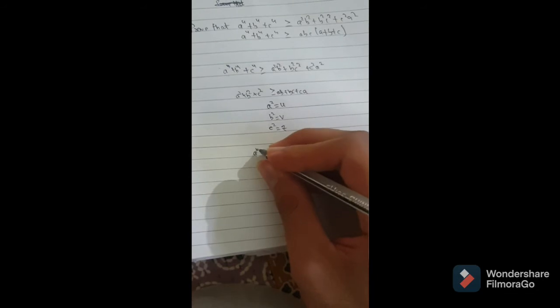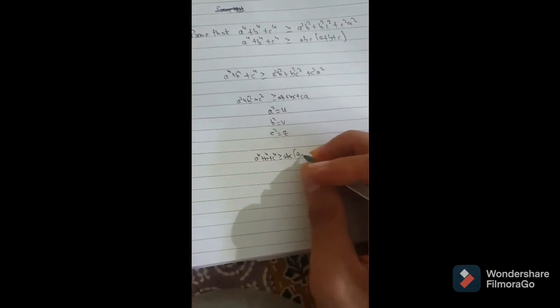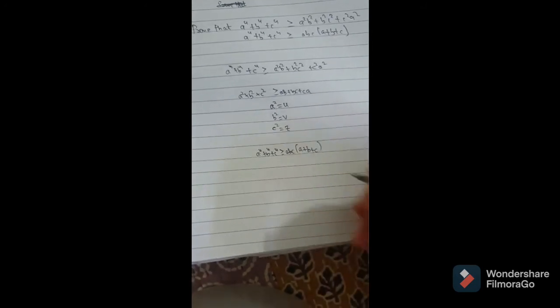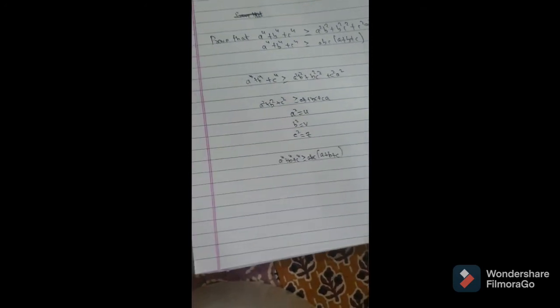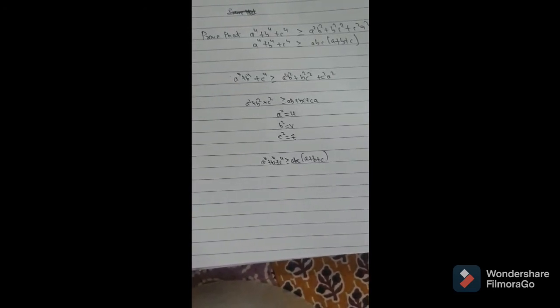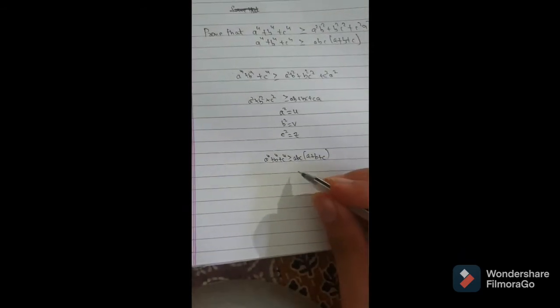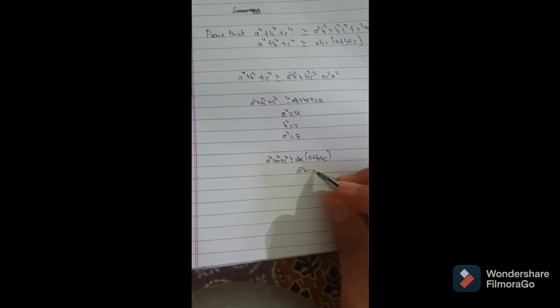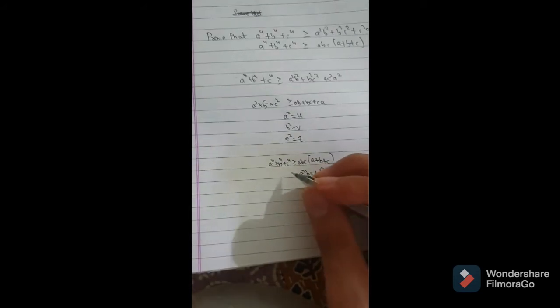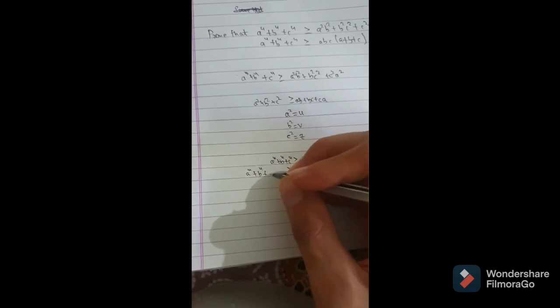Now the next example, what we prove is a power 4 plus b power 4 plus c power 4 greater than or equal to abc times a plus b plus c. Okay, no problem. This doesn't seem so intuitive, right? abc times a plus b plus c. What we can do? We can multiply out. Let's multiply the right hand side: a square bc plus b square ca plus c square ab, and on the left we have a power 4 plus b power 4 plus c power 4.